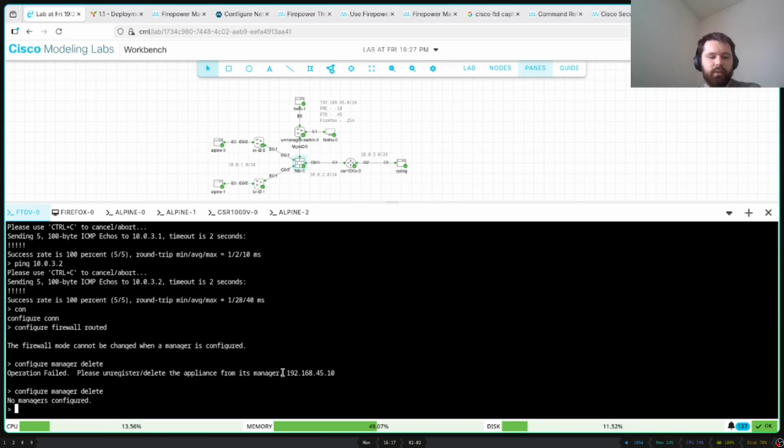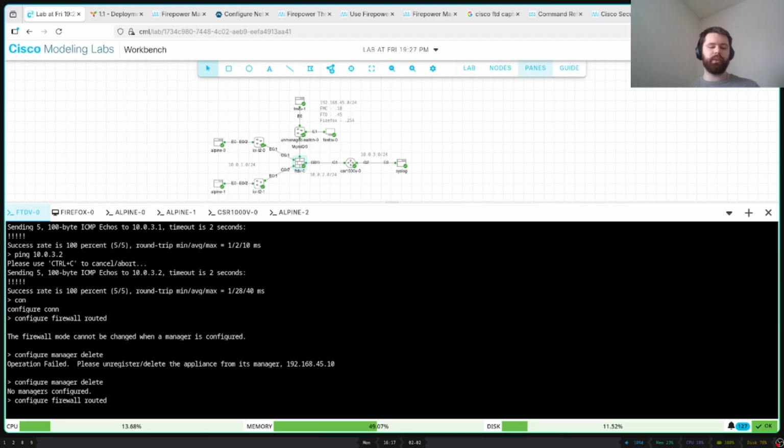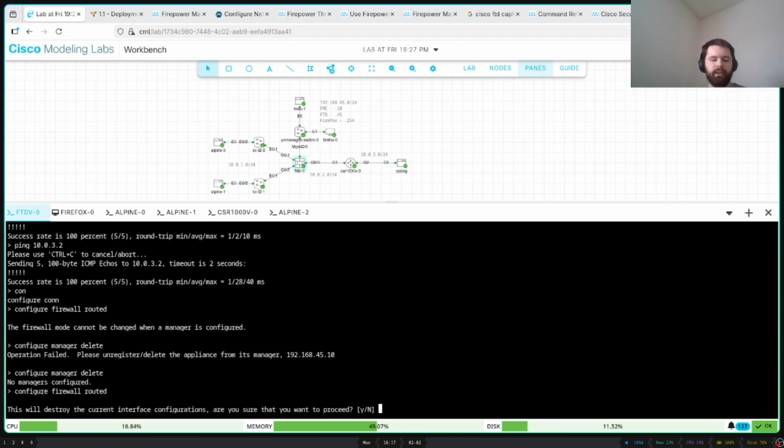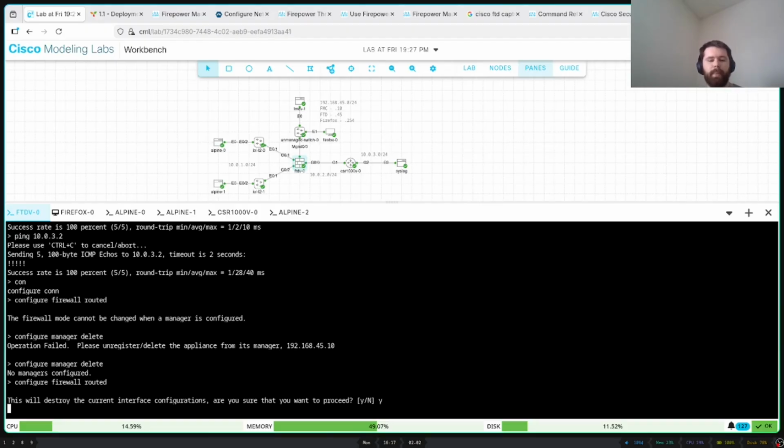And if you have multiple managers, you have to type in the IP to specify which manager you're looking to delete. Configure firewall routed. So now we're going to go through. Like I said, it deletes everything. And this should take a little bit, but we're going to